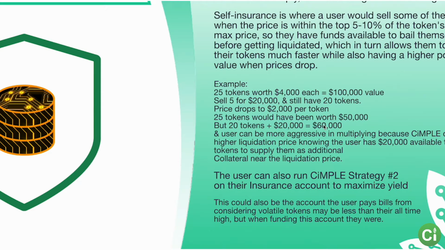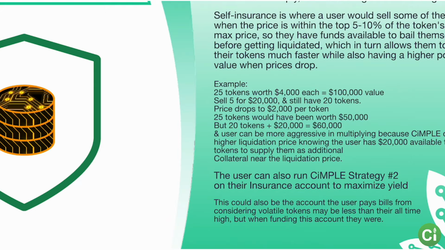Now, let's talk about the downside of that though. If you sold these 5 tokens at 4,000 and then it went to 10,000, then you missed out on $6,000 worth of gains times the 5 tokens, which is $30,000 of lost opportunity. So there is a cost to doing self-insurance, and because there is a cost of less gains,